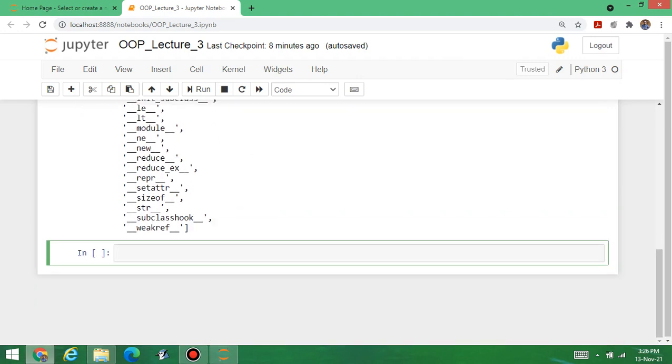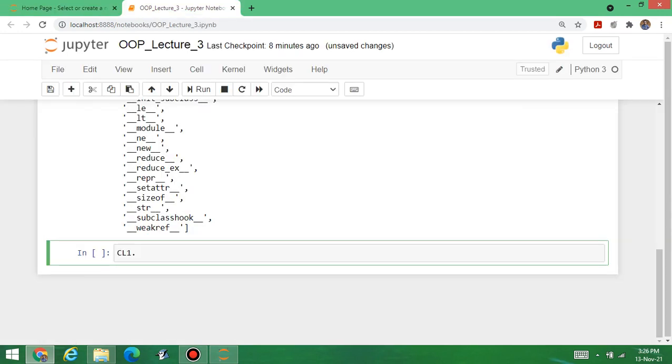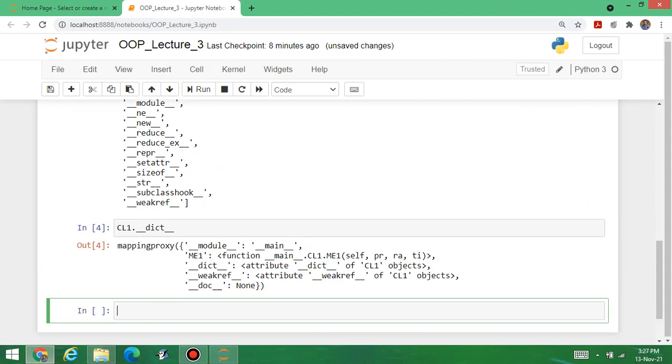Now, one more thing is there. Suppose we are writing CL1 dot, double underscore dict, then double underscore. Now press enter. Now what is the meaning of this? You can find the functionality of these methods.